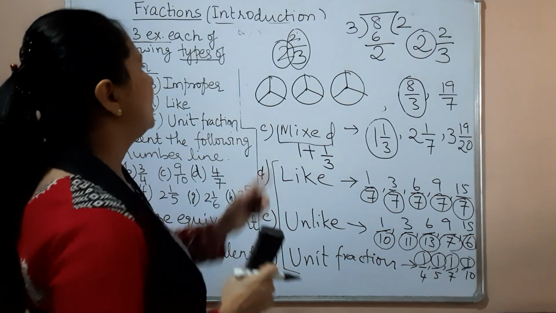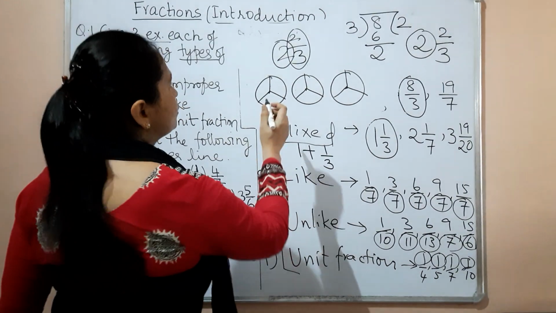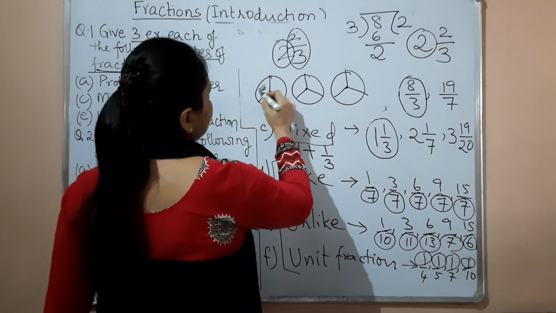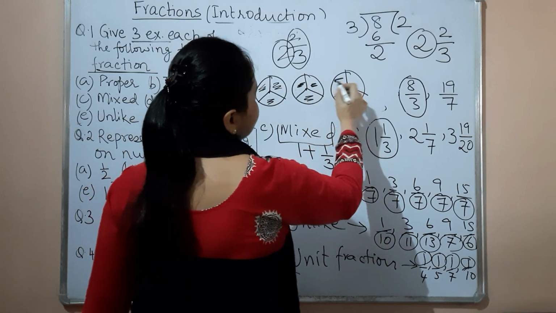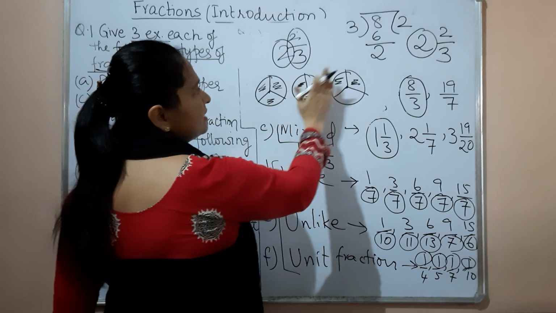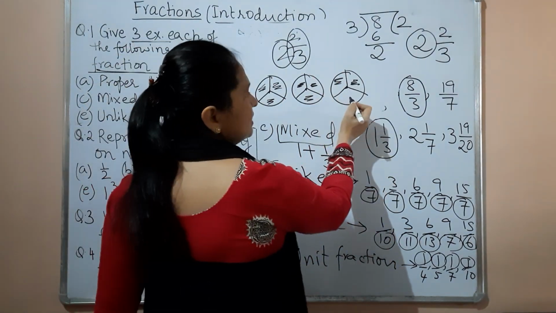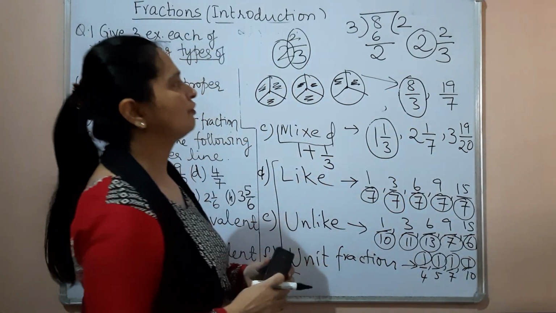okay? I have 3 cakes and I divided each one into 1/3 parts. So we are going to get 1, 2, 3, 4, 5, 6, 7 and 8. So if I give you this, this and this, only this much is left out of 3. That means you are getting 8 out of 3.